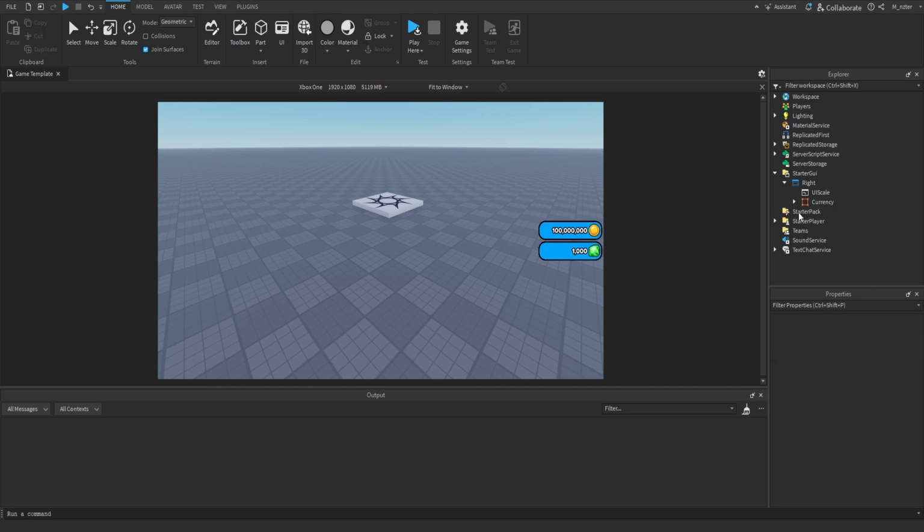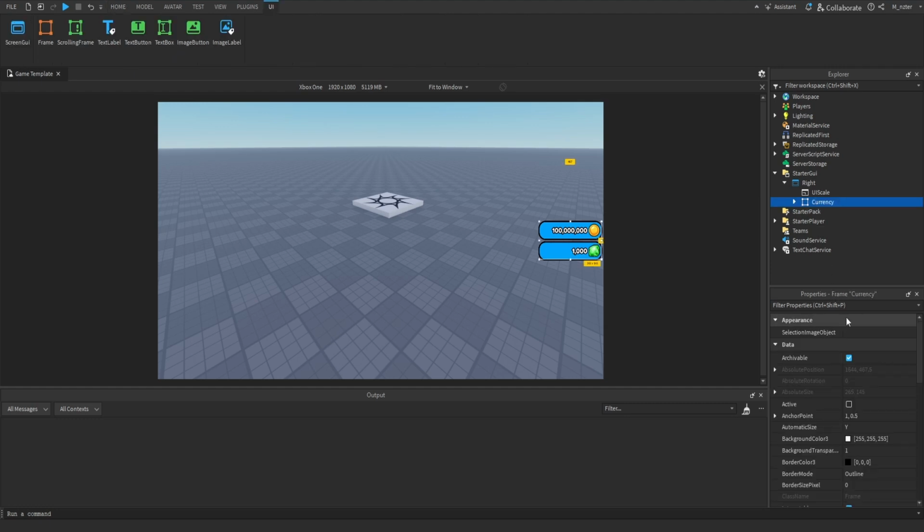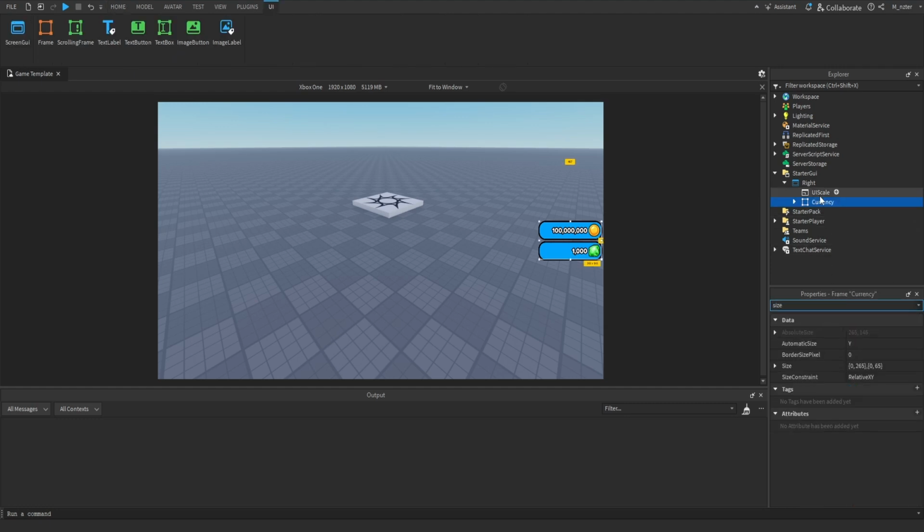Now, some other tips that I'd like to give you to make working with the UI scaler a little bit smoother: for the size, I would call this frame right here, like your first frame of your screen GUI, which essentially probably holds all of the other stuff inside of your GUI. This frame, the size of it should actually be set in offset instead of scale. The UI scaler very much prefers offset. Again, like I said, I would call this your core frame.